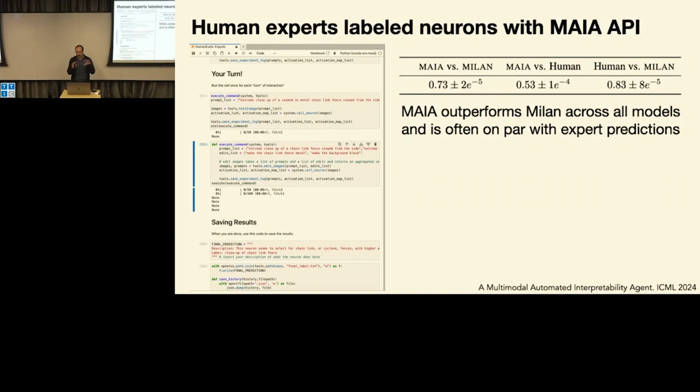So if we compare MAIA with previous systems that were also using language and images to understand what a unit is doing, MAIA was much, much better. And the type of descriptions is almost indistinguishable from what a human does. So it's actually not too bad. But it's not perfect, and there is a little bit of confirmation bias.